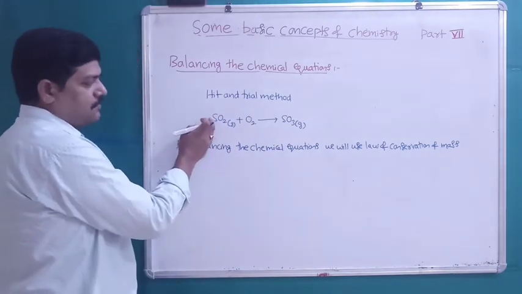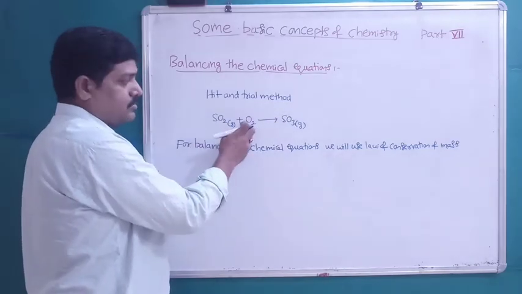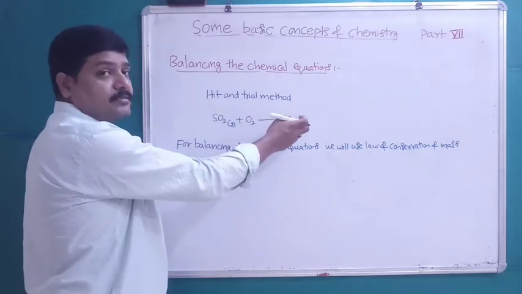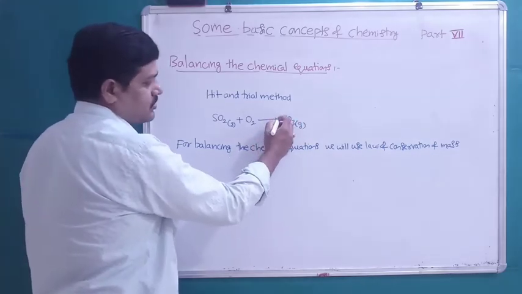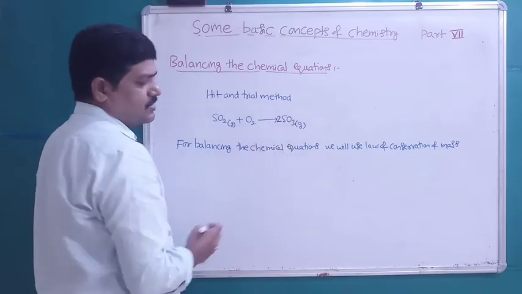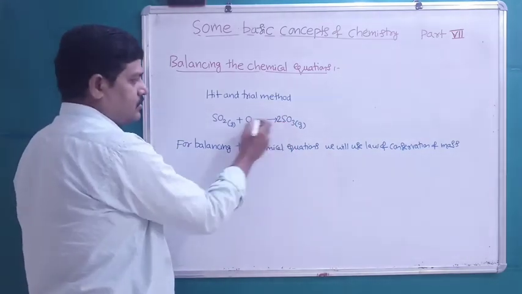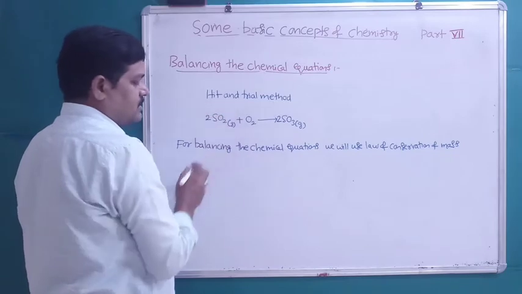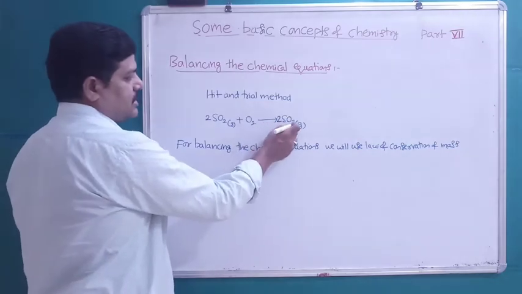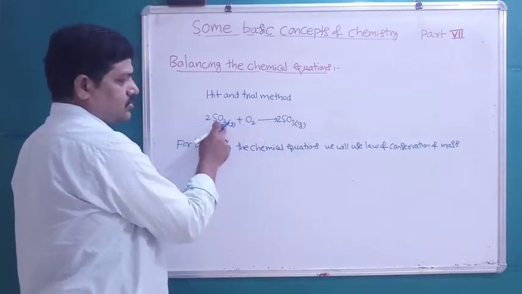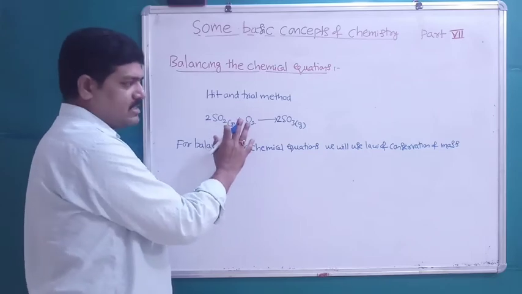Here sulfur 1 atom, oxygen 2 plus 2, 4. Here 3 atoms are there. So you will make it an even number. So by putting the coefficient of SO3 as 2, right? Then now the sulfur atoms have become 2. So we will put here also 2, right? Now let us calculate how many oxygens are there. 2 3s are 6. Here 2 2s are 4 plus 2, that is 6. So this is a balanced equation.